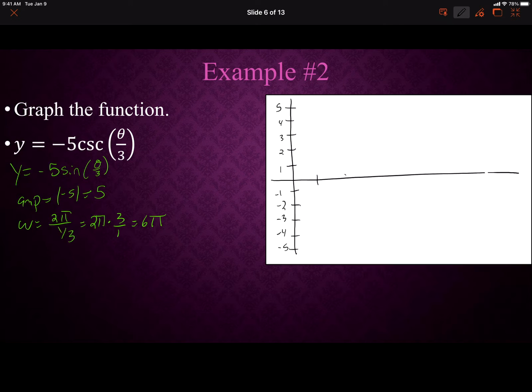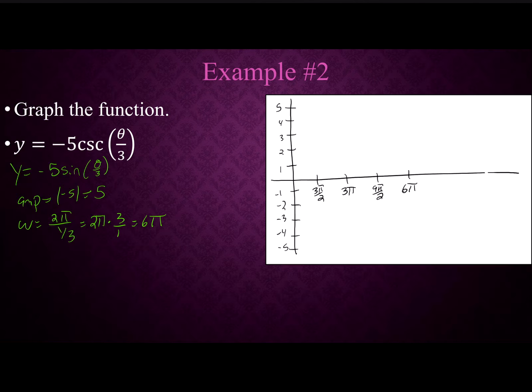For our 4 horizontal values, same as we were doing in 6.4, the quarter period would be 3 pi over 2. The half period is 3 pi, 3/4 is 9 pi over 2, and the full period is 6 pi. And then for our coordinate points, sine again starts at 0, goes to the value of a, so it goes to -5, and then it goes to the midline from there, to the peak from there, and then back to